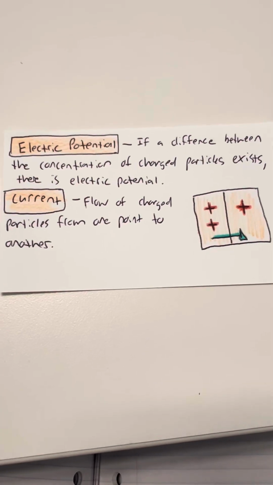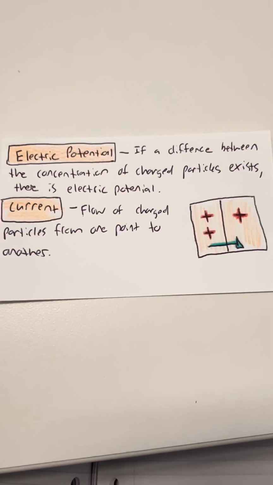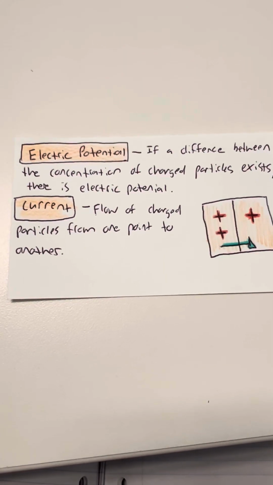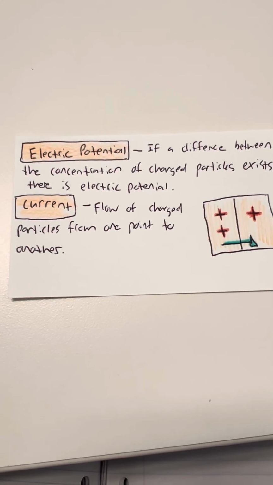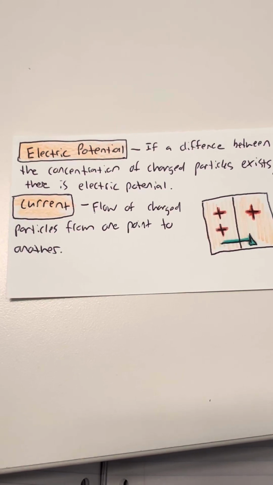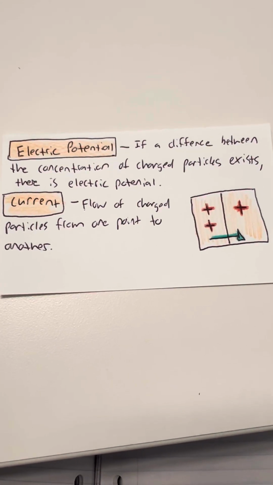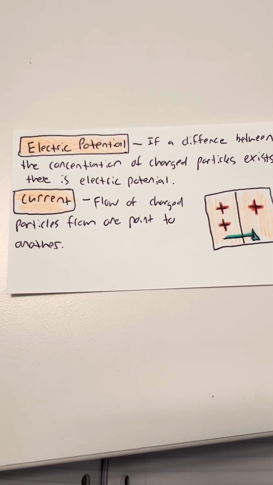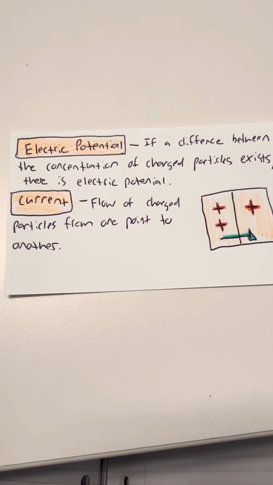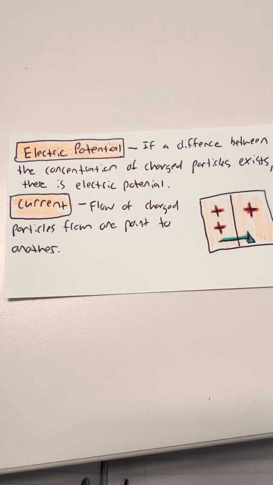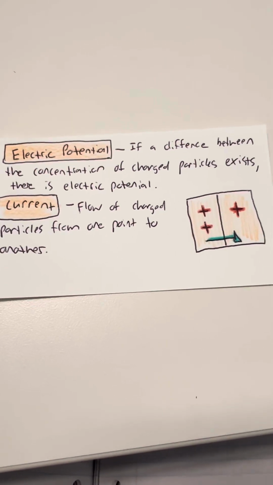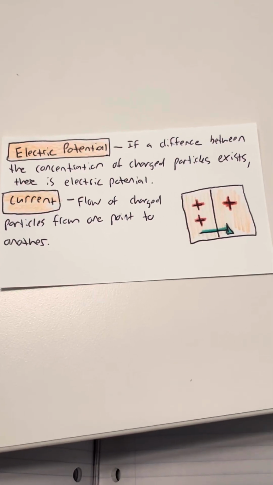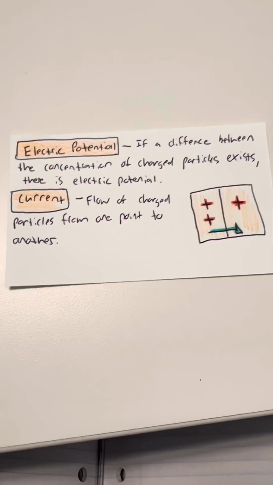We're talking about electric potential, right? That's going to be the difference between the concentration of charged particles inside of the cell and outside of the cell membrane. And that's really what we're talking about at the various stages of the neuron firing. And then in terms of things moving in and out of the cell membrane, that would be the current, the flow of charged particles from one point to another. So again, I think that's a fundamental thing to understand before we jump into the various stages